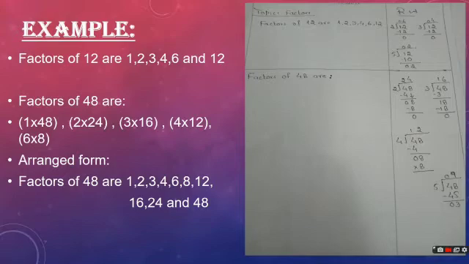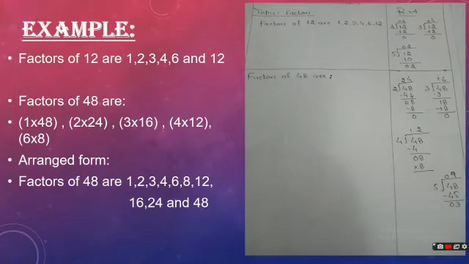Now the other method is the tables method. Simply read out the tables in your mind in which 12 is coming. Again start from 1. So yes, 1 is the factor of every number. So we will write 1 first over here because in 1's table every number is coming. Then 2's table: is 12 coming in 2's table? Yes, 2 sixes are 12. So then write both numbers over here.